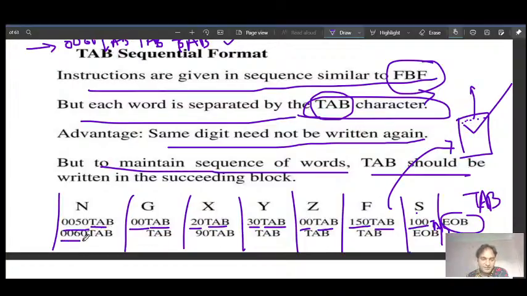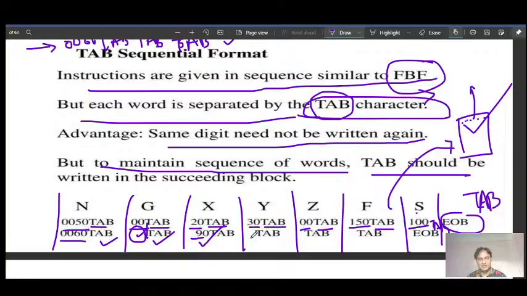So again in the next command, when we are writing the next block 0060 tab, we don't need to enter the G code value 00, we simply write tab here. As we are writing below this one, we can automatically consider that 00 is already here. And here if we need to change the X value to 90, that is okay.